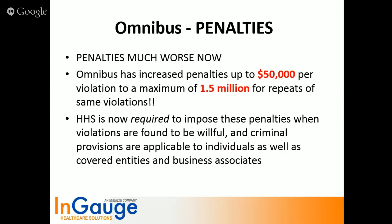Penalties are much worse now. $50,000 per violation to a maximum of $1.5 million for repeats of the same violation. And I have seen the $1.5 million fine dealt out on occasion, and typically it's for just wanton neglect, quite frankly. Really, really bad IT is what got the ones I'm speaking of pinched here. Fortunately, these got mitigated down through arguing with the government, but nonetheless, they will hand these out if they can